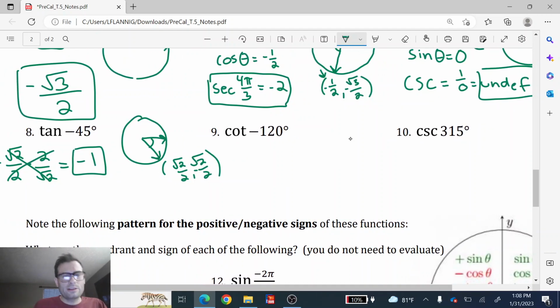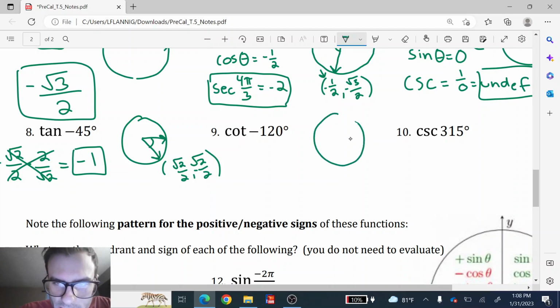And again, here's a cotangent one. So my big goal is to find the tangent and just do the reciprocal of that. Another way you could do that is just instead of doing sine over cosine, you could do cosine over sine. Either way, it means the same exact thing. So we're going to draw a circle,